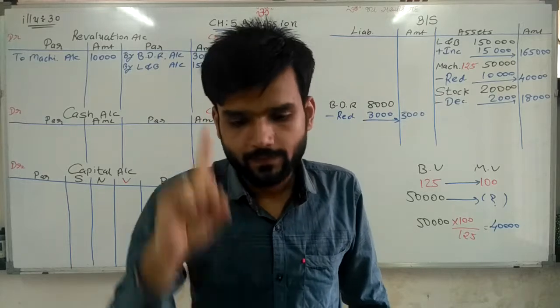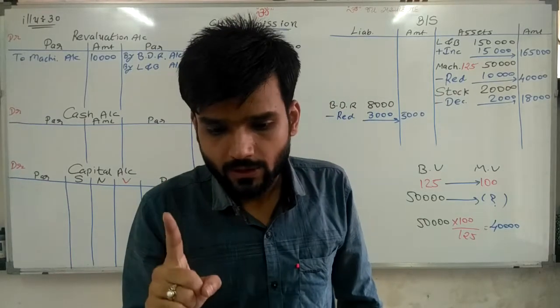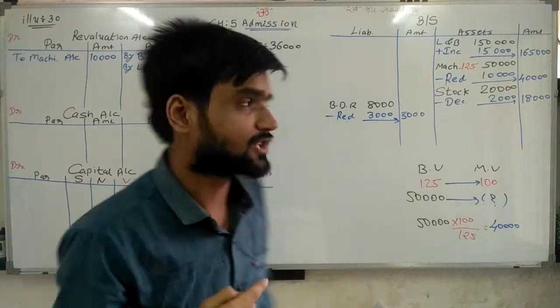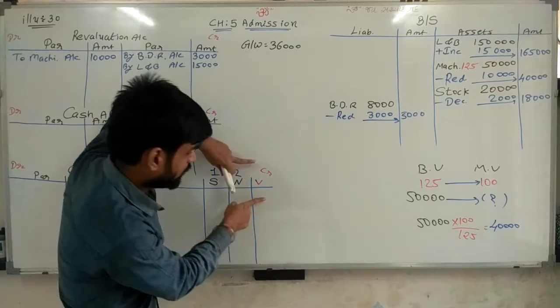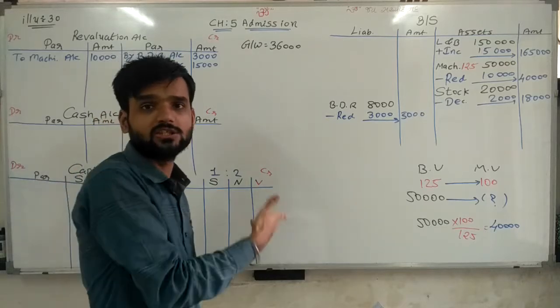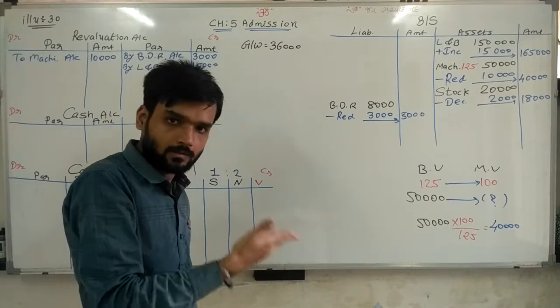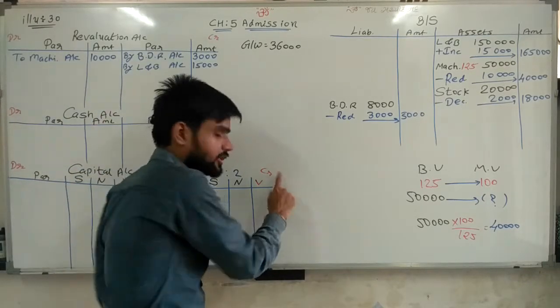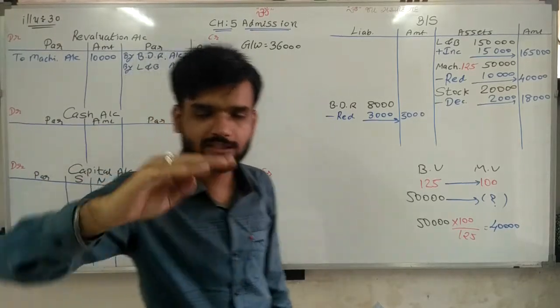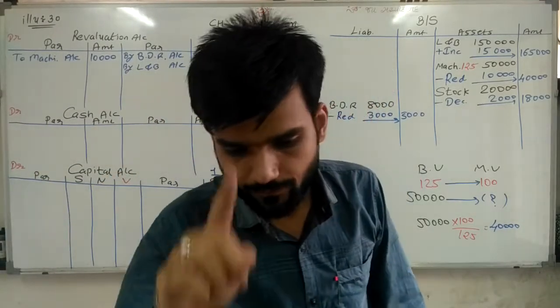Don't worry. Next thing, goodwill value is also brought in cash. But we don't know Vijay's portion. We don't know what the new ratio of the firm is. We don't know the ratio of Vijay. That's why we cannot calculate goodwill also. So both the things we are doing later. Number 7.